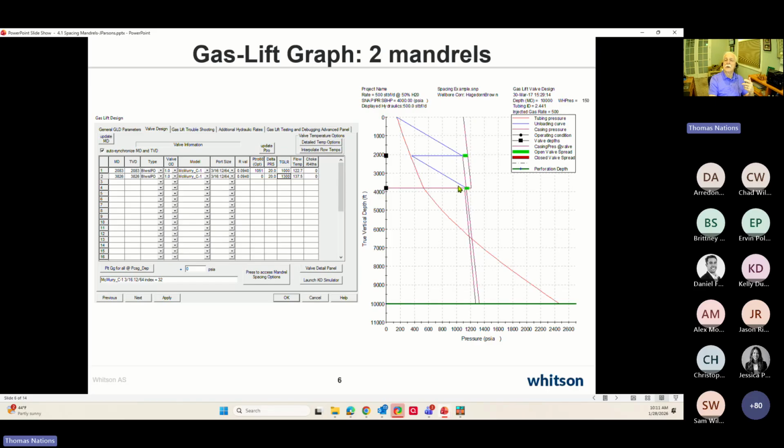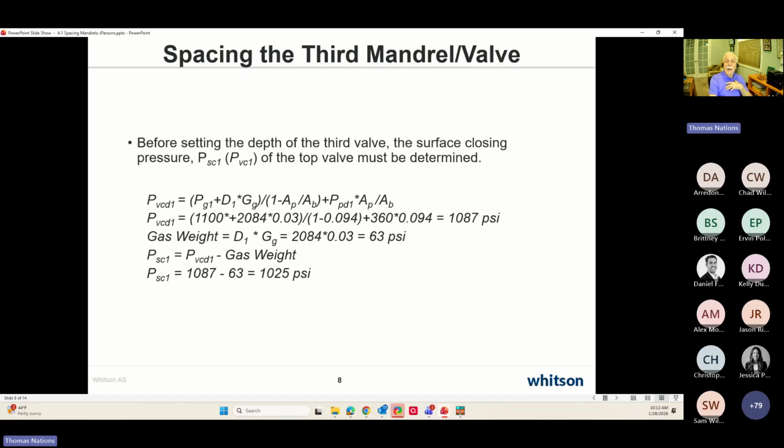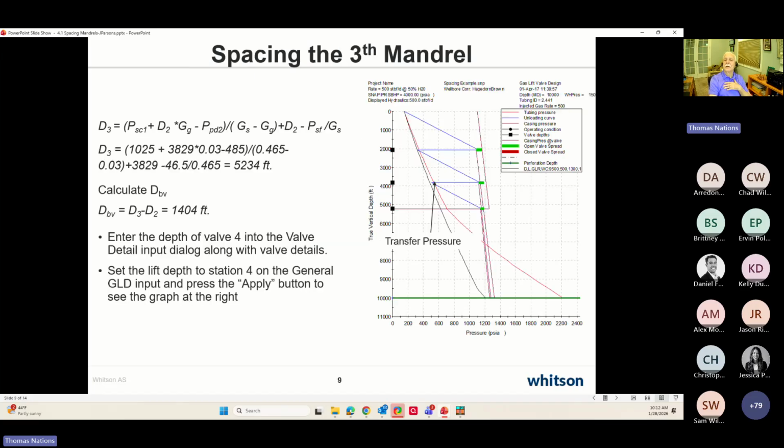Okay, so now I'm just operating on valve 2. As indicated here, this green bar says this is the opening pressure on the gas injection pressure side, and this is the closing pressure. So once I get this valve open and close the top valve, this is all the casing pressure or gas injection pressure I have left to be able to place my next valve. So that's what this says. So here's the math to do all that, but really it's a matter of just graphically picking a transfer pressure point here